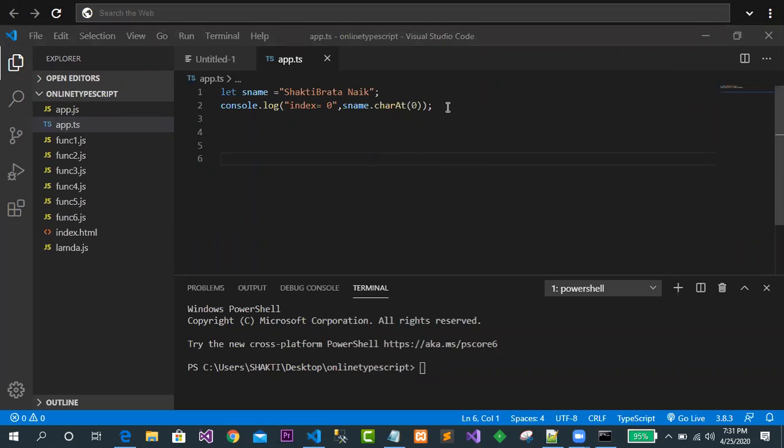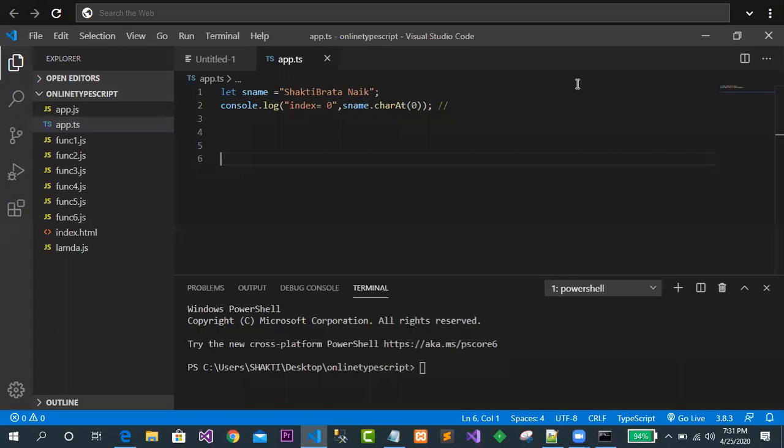Clear? So now in this case, what happened? Who can say what is the expected output here? What is the meaning of this one? The meaning is, I want to get the character at which index?